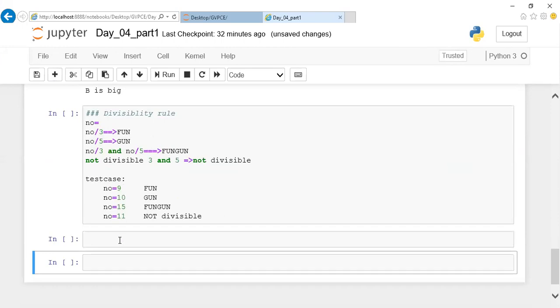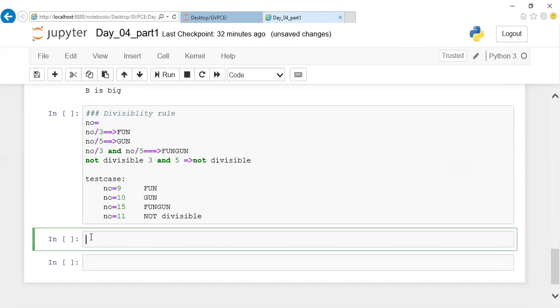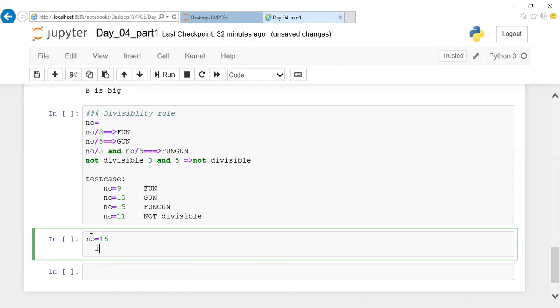It is so simple, guys. Checking divisibility rule means you're going to take a number, divide and check it. If the number is divisible, then your remainder value will be 0. I guess normally you people have a habit of writing odd or even number programs in C. How will you write? If the number is divisible by 2 and the remainder equals 0, we will be printing it as an even number.